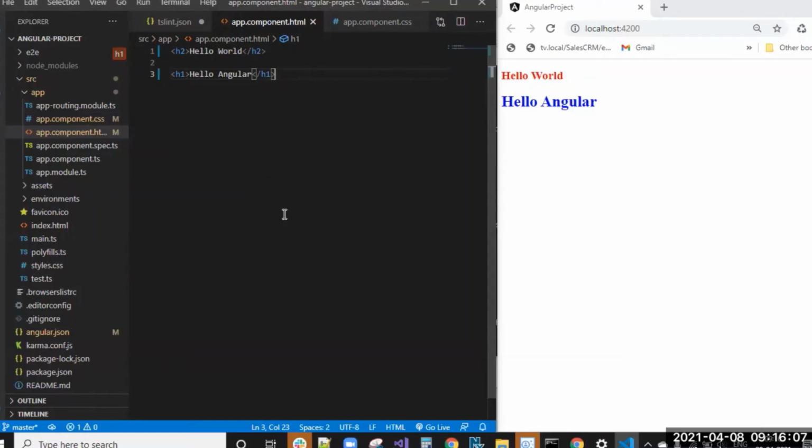So it will come to the app module. Inside that app module, the things related to running that application, those files will be loaded. After that, bootstrap of app component. Inside that app component, the file references for HTML and CSS are written in the app component only. So the HTML file and CSS file related to that app component will be loaded, and like that it will load in the browser. The remaining files will be handled by the Angular router.